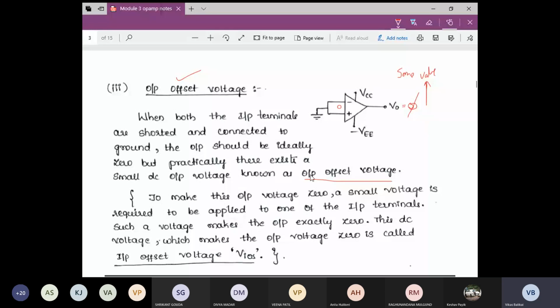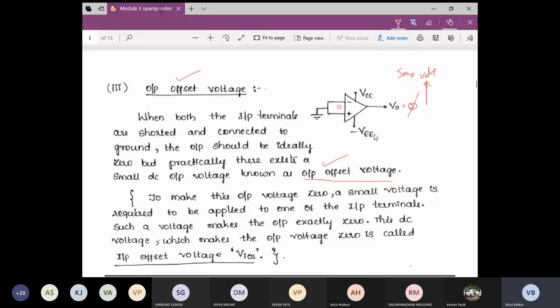Practically speaking, because I'm connecting both the input terminals to ground, the output should have a value of 0. But because this is not the case, I should ensure that when I connect it to ground, before I start using my op-amp,